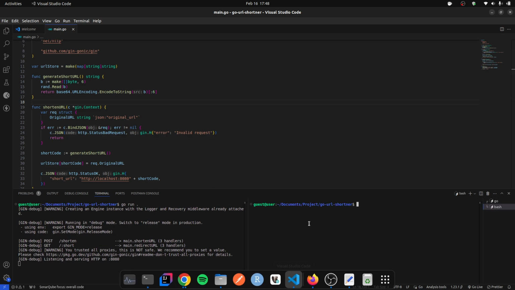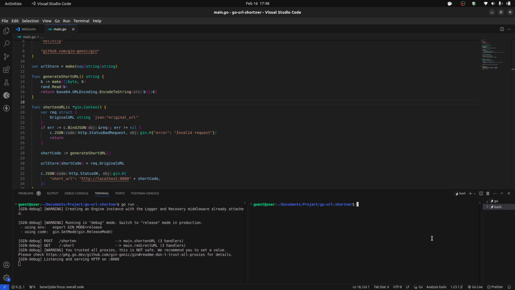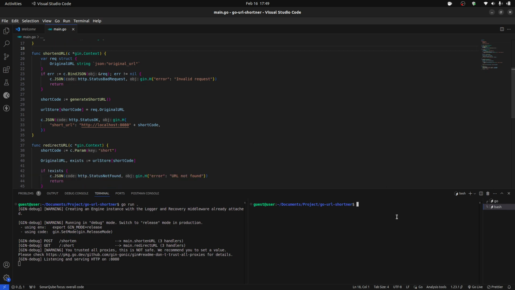Let's open a new terminal in here, and let's test by creating a short link from google.com. We will use curl to make the request. POST http://localhost/shorten